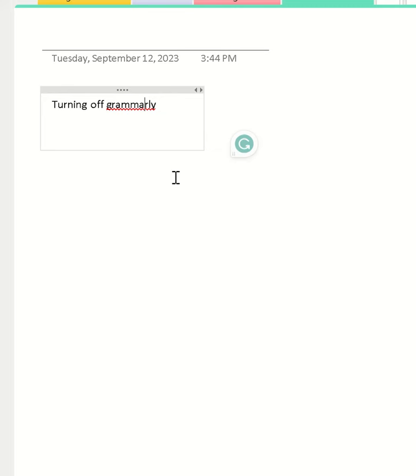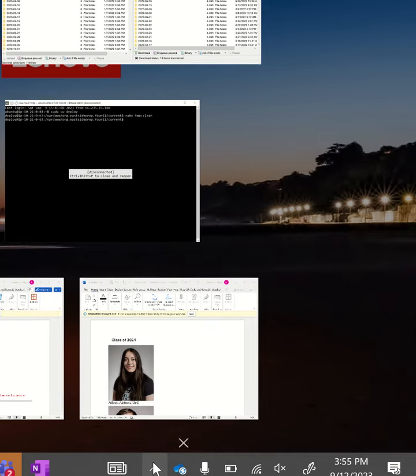I'm going to turn it off permanently, and you'll notice that now I can type whatever I want, and I'll get the OneNote spell checking, but I will not get any Grammarly suggestions, which is nice. If later on you want to have Grammarly come back, if you go down to the taskbar,